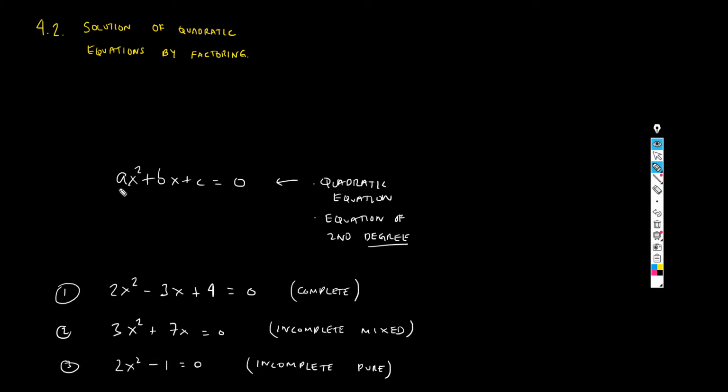This term always has to be present. Okay, so this term cannot disappear, because if you remove this term from this equation, then the equation no longer is a quadratic equation. Okay, so you can only remove this one, which is this case, or this one, which is this case. Okay,